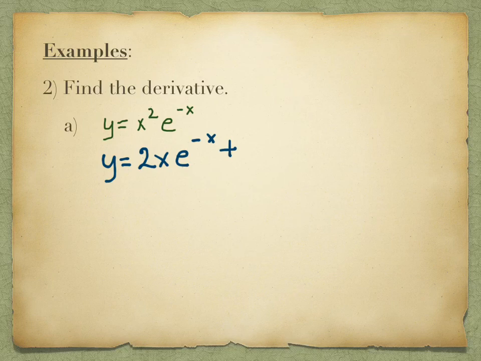And then I need the x squared rewritten just as it is. And now I've got the derivative of e to the negative x. Well, if this were just e to the x, what would its derivative be? E to the x. So that's my overall rule here. My overall rule is that when I say e to a power, its derivative is e to the power. The difference here is that